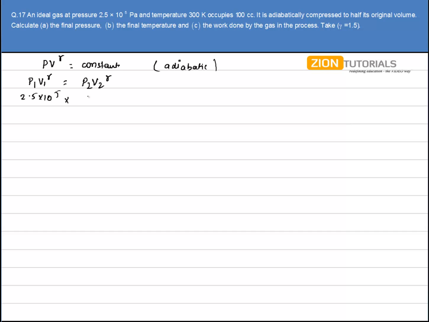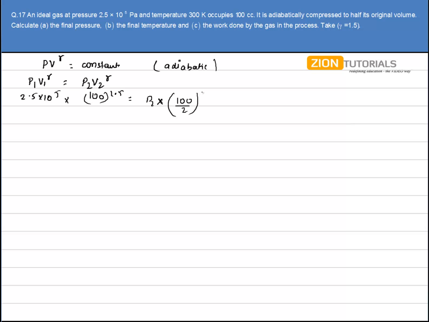Initial volume is also given, that is 100 cc. Let it be in cc only, because there is no sense of converting it into meter cube, because I have the volume again over here. No matter what, it will be a ratio of V1 to V2, so no matter what the unit of V1 and V2, they both get cancelled. So let's say V1 is 100 centimeter cube and V2 is half of its original volume, that is 100 by